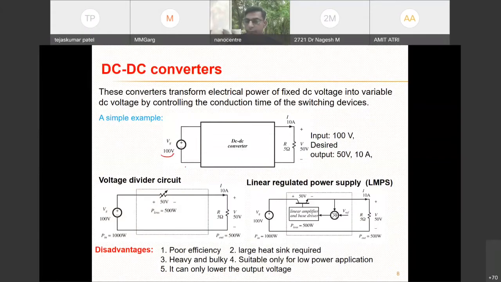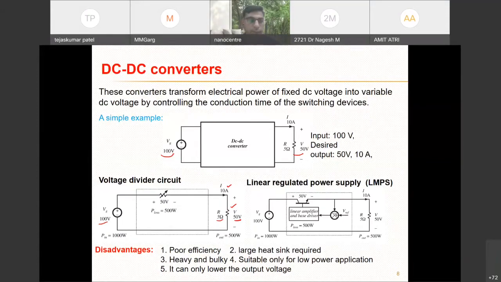So that we'll see. We start with the fundamentals of the DC to DC converter, in brief. We know that we are giving a fixed DC voltage, and our load demands a certain other, variable DC voltage. That is the aim of a DC to DC converter, right? Some component should be there which helps us convert this fixed input DC voltage to the desired output voltage.